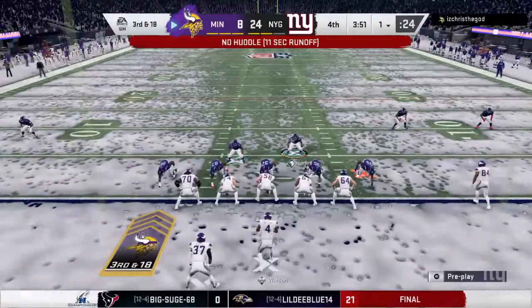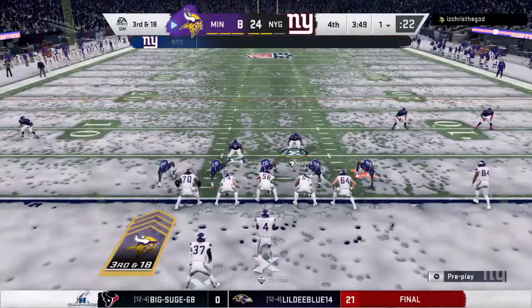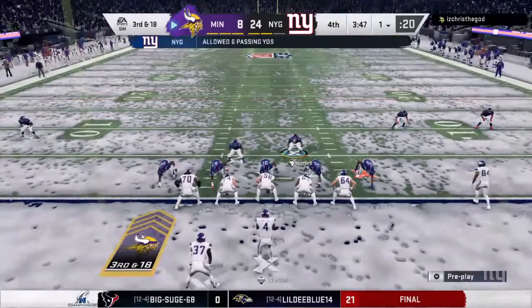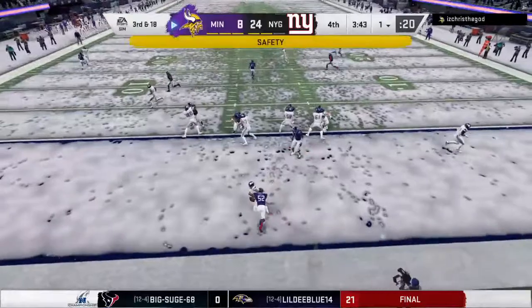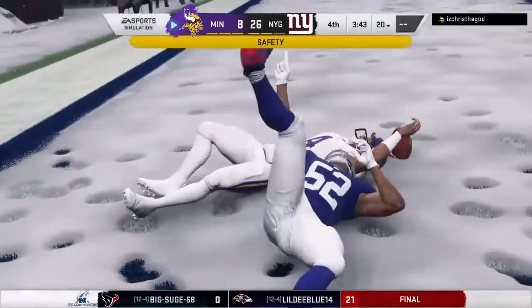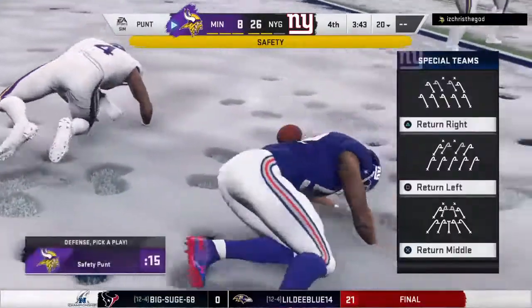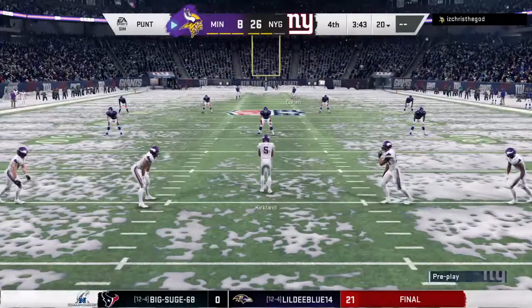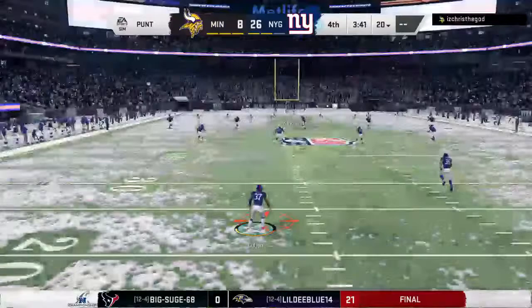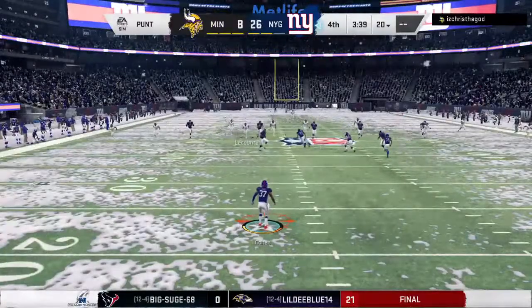Gonna need something special here on 3rd and long. After that sack, what does Watson have in his arsenal? Here's Watson. Off play action. And they're going to sack him yet again. The pass rush has been relentless. This time, it yields a safety. So a failure there to get rid of the football. I don't know in the end that it's going to matter much here with this game, but it yields another